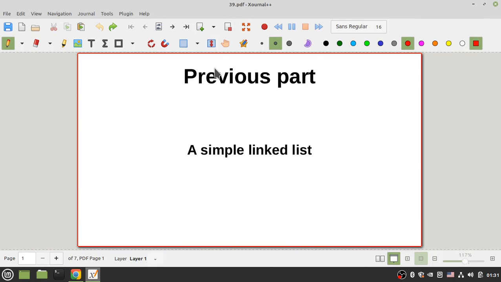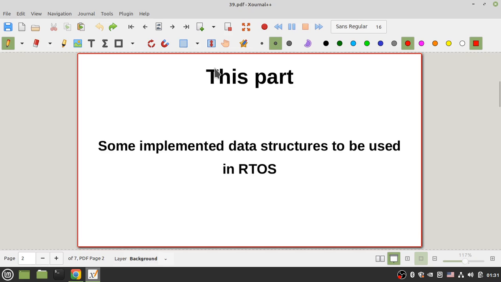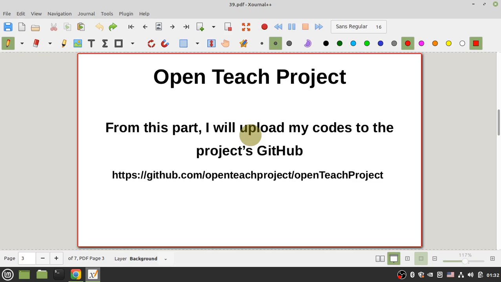In the previous part, I started to talk about linked lists and data structures, and I walked you through creating a simple linked list in the C programming language. But in this part, I want to show you my data structure implementation that I will use in my RTOS. I've implemented some data structures that I want to use in my RTOS. But before talking about these data structures,